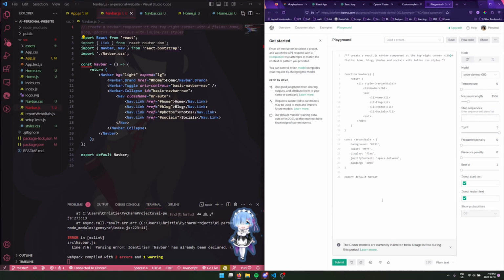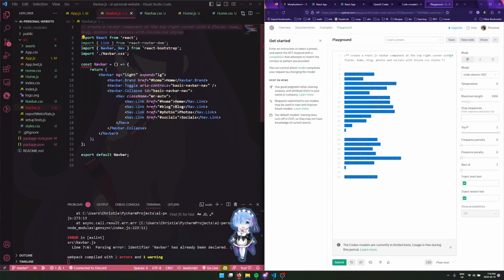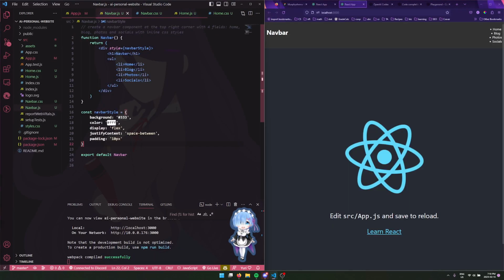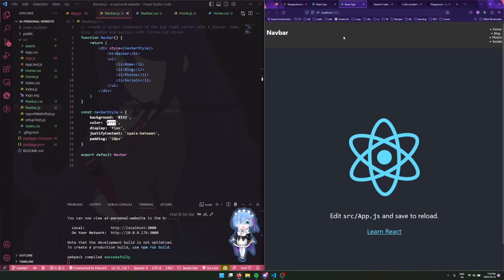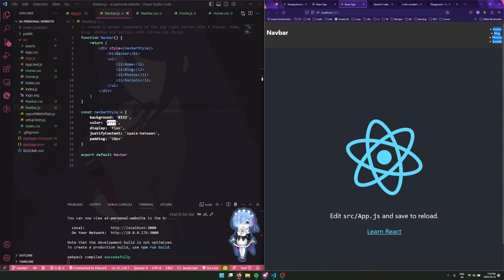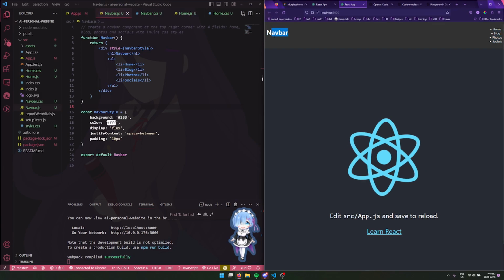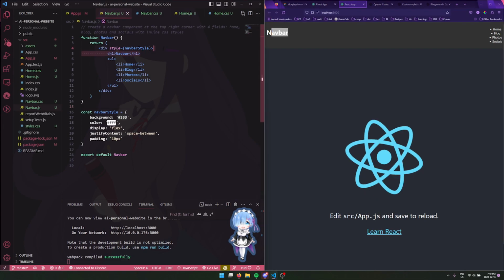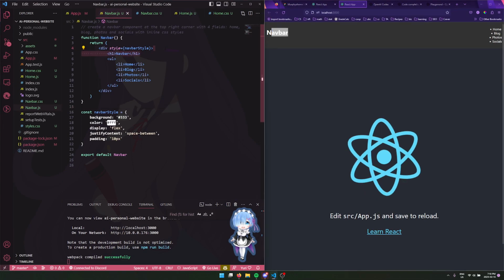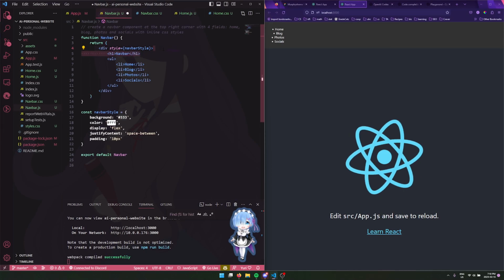Okay, so this is looking pretty good to me actually. It's pretty simple, doesn't require too much stuff. Well, here we have it. I guess it did get the top right corner, but it says navigator bar, which I do not know why. Let's just go and delete that. Oh, I see. Okay.